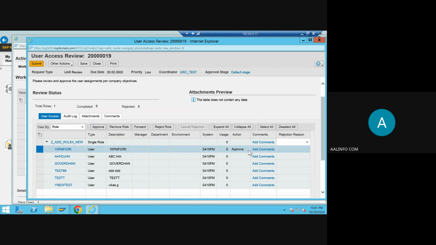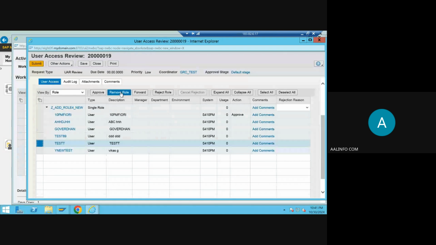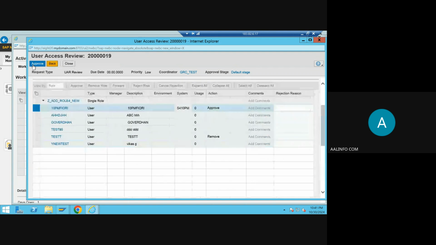Okay, this has been approved. And for someone, if you want to reject something, you have the option to reject the role, okay, or remove the role. Okay, so if you want to remove a role, the remove option will come here. Okay, and then you can submit the request. So for test, once you say submit,